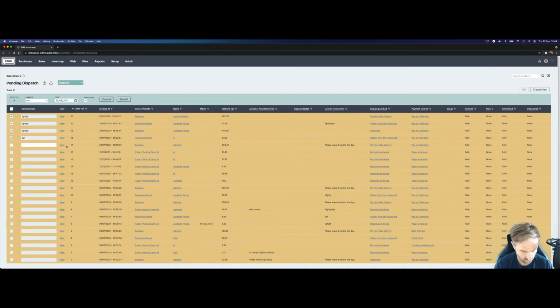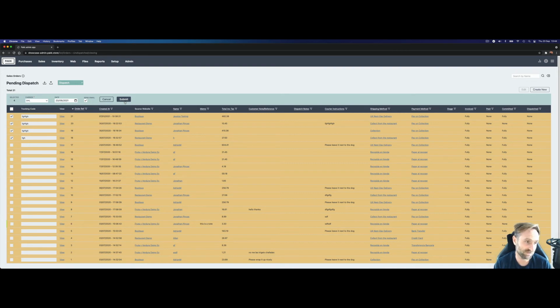So we've got a few orders that we wanted to dispatch, and then we'd hit the button and we would dispatch it. Now what the system does when you do that is that it creates a log of this action in the background that you can come back and inspect. And that's very useful for, obviously, for seeing what actions were taken on what records and when, but it's also